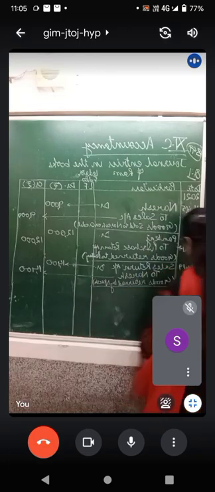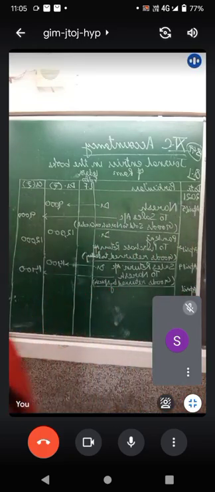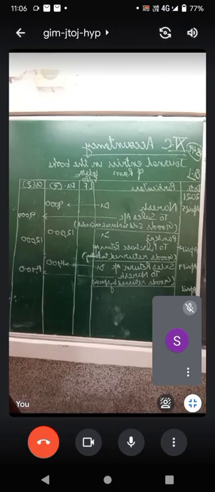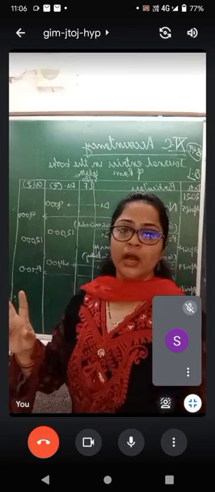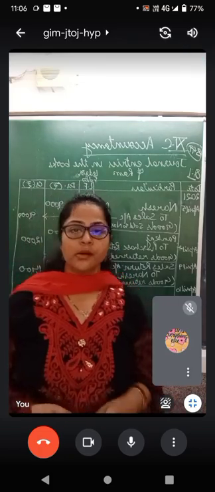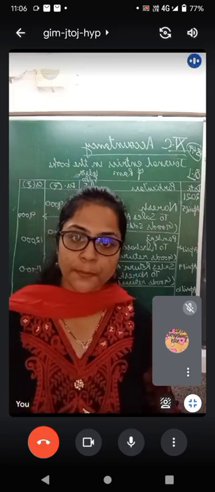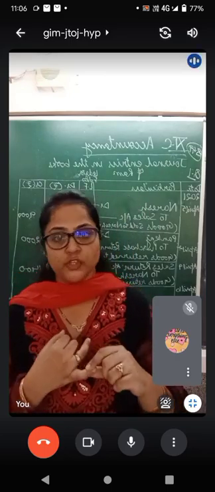Okay, and then you close the journal entry. After this you have April 10. Cash paid to Ajay. Okay. Which two accounts are affected? Abhineet: cash and personal account. Cash paid to Ajay. One is cash and the other is Ajay the person. Okay. So cash and Ajay. Two accounts are there which are being affected.